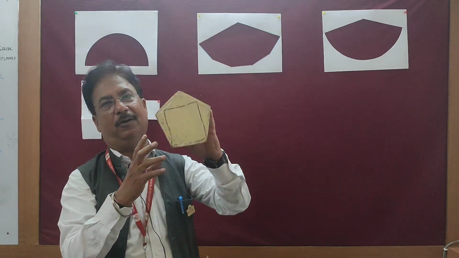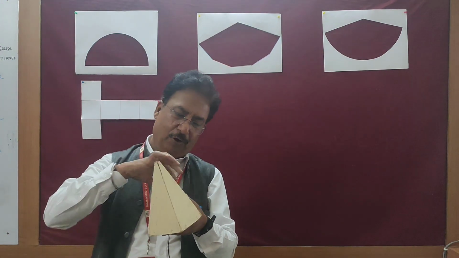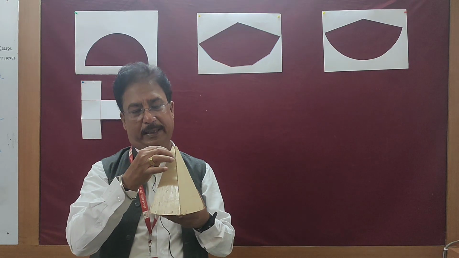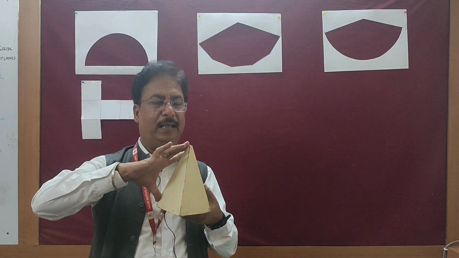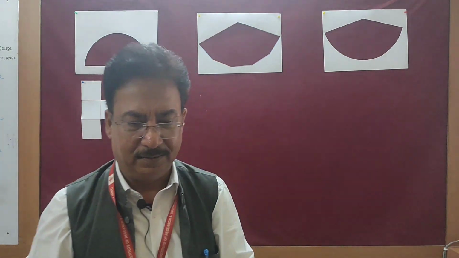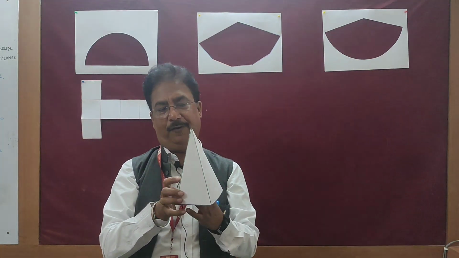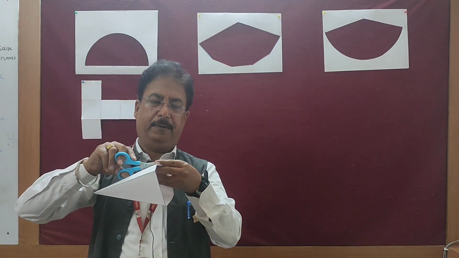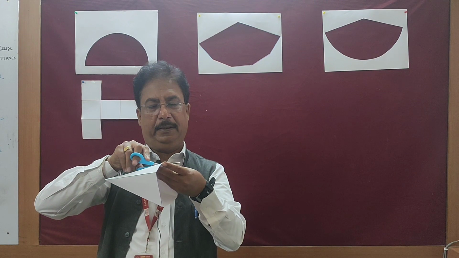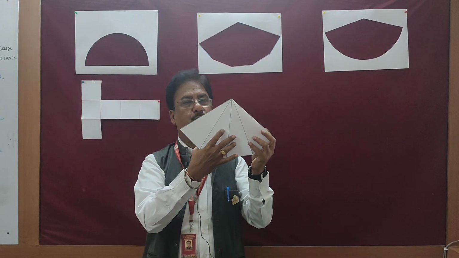Another solid I have with me, a very interesting solid, is a pyramid, and this time a pentagonal pyramid. It has a pentagonal base and 5 triangular faces. I want to develop the lateral part of this solid, so again I will cut it from one of the edges, which will work as a radius, and I can open it to get 5 triangles. In the same way, I have this square pyramid. It has 4 triangular faces and a square base. If I open it like this with the help of scissors, as it is made of paper, I can easily get the development of a square pyramid, that is 1, 2, 3 and 4.